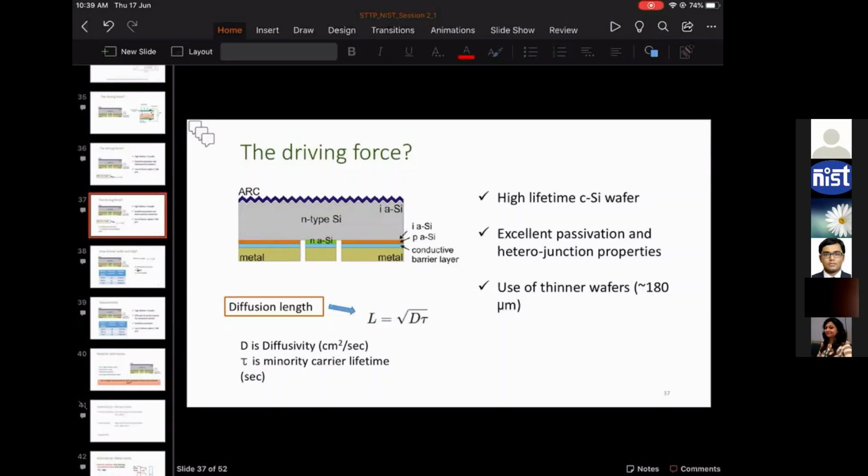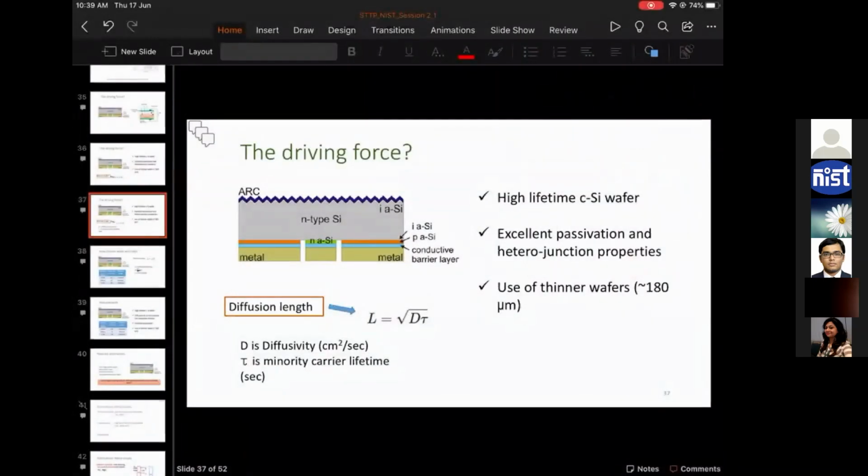Even for the diode and even for the BJT, the bipolar junction transistor, the minority carrier lifetime or diffusion length is very much important. So my first question is, if I want to measure the majority carrier diffusion length, then what would it be, and why is the minority carrier diffusion length important for this kind of device? Okay, very nice question.